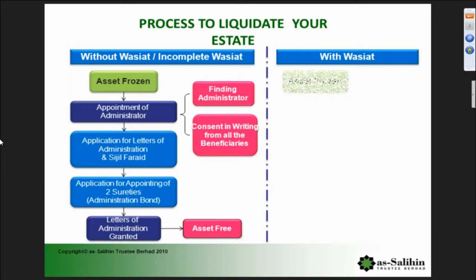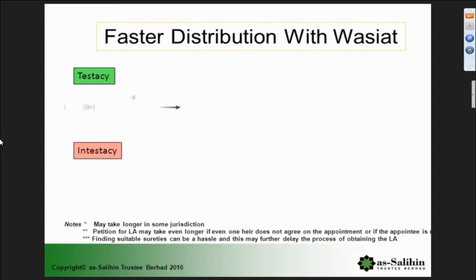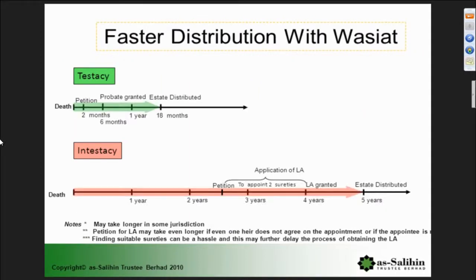Generally speaking, the time taken to apply for probate and the time taken to apply for letters of administration are different. When you leave a will, an executor is appointed in the will, so the executor is responsible to apply for probate, and normally the time taken to obtain probate will be roughly around 2 months to 18 months from the time the probate is obtained until distribution. But in actual fact, the distribution varies from case to case, because for example,